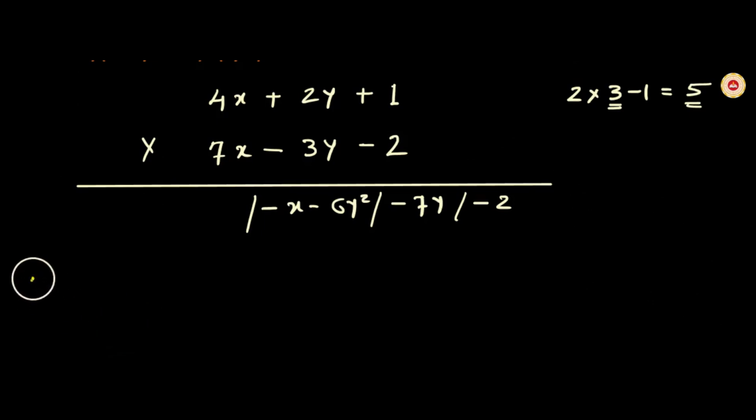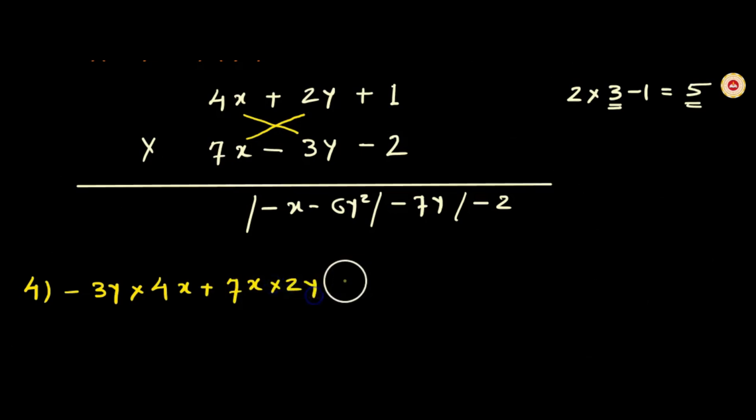So the fourth step is exclude first column from right side and consider these two columns, last columns. So two columns, so multiplying crosswise, minus 3y multiplied by 4x plus 7x multiplied by 2y,